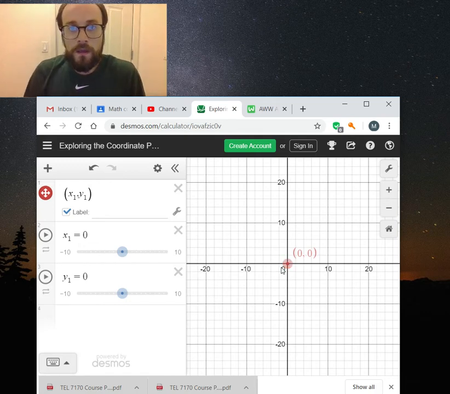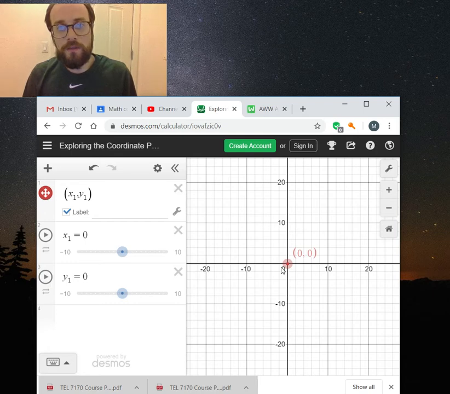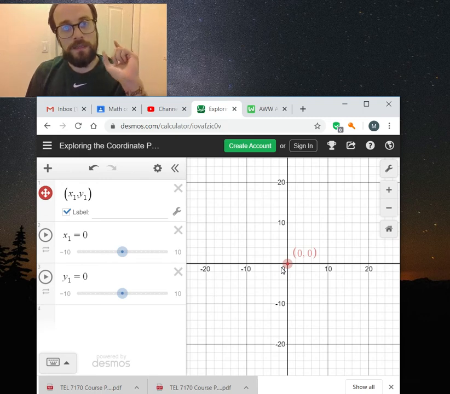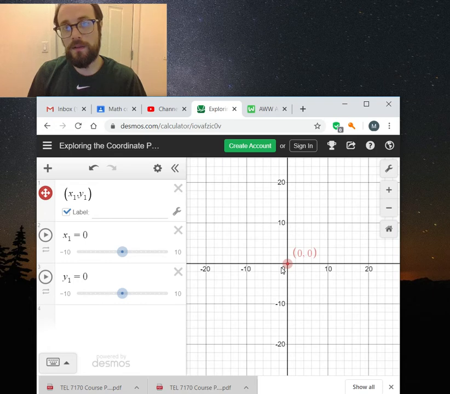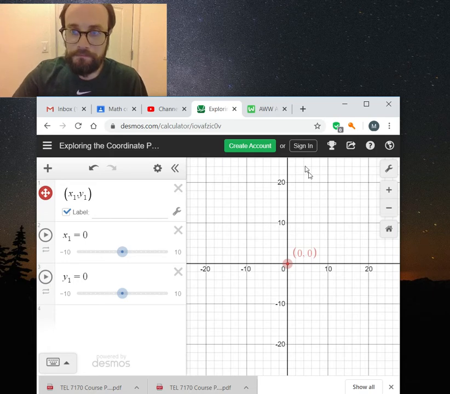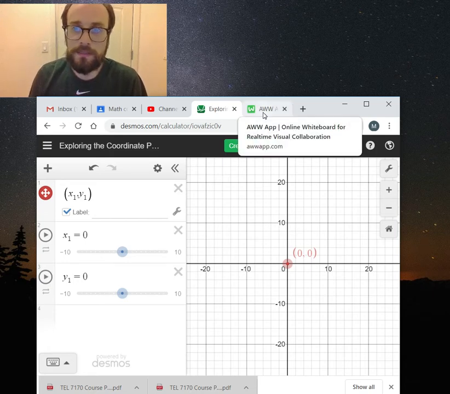So your directions are that I want you to first just mess around with this for about 5 minutes. Play around with it, really visualize it, see what changing the different coordinate numbers does to the dot on the graph. The second thing I'm going to do is I'm going to give you a list of some points, and